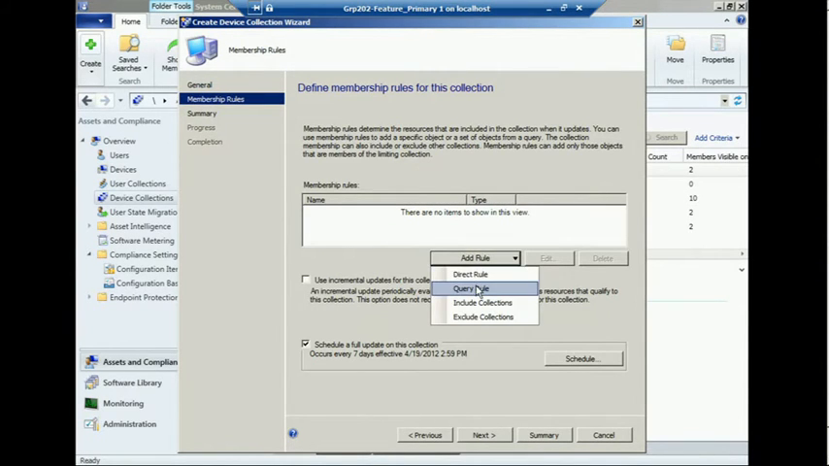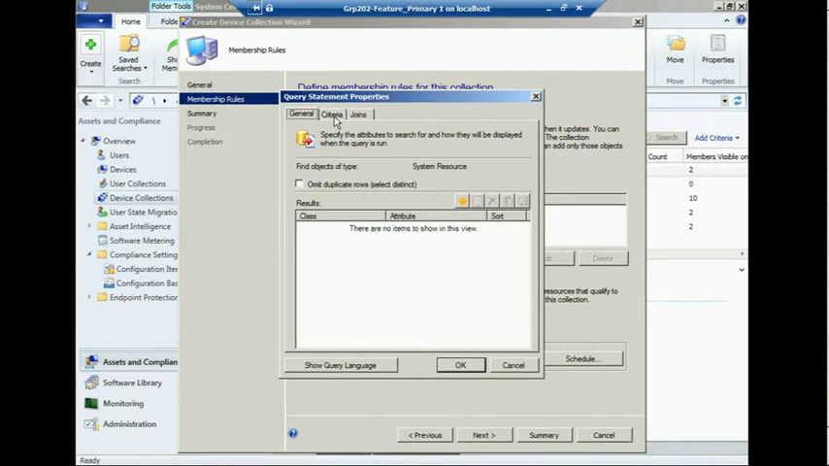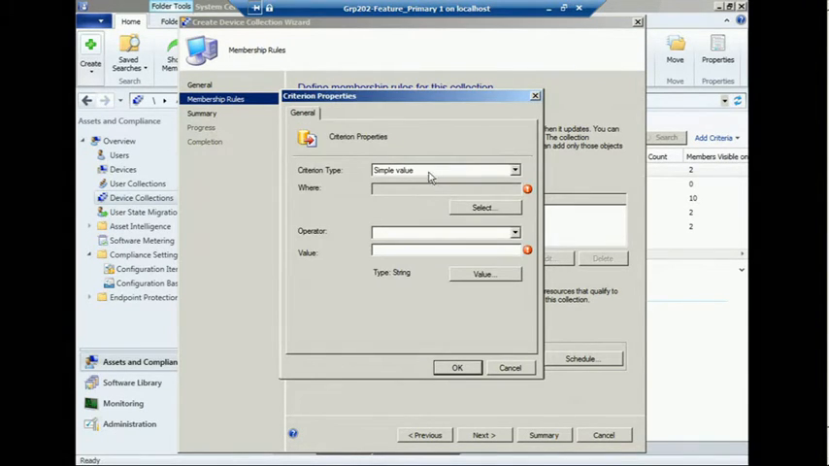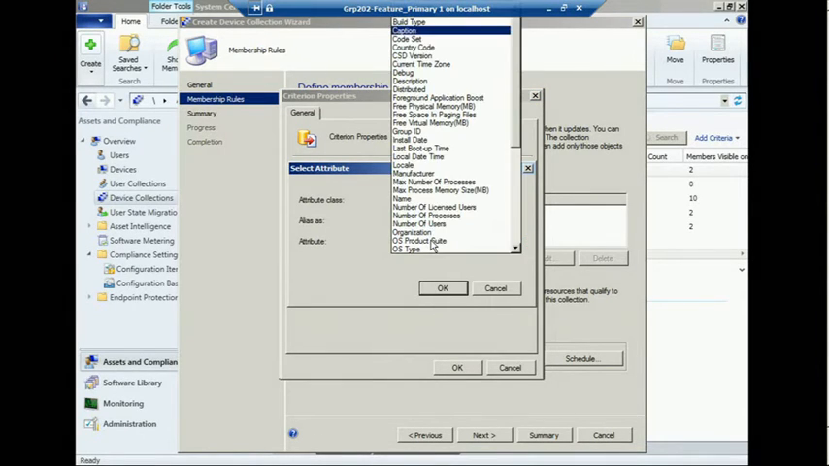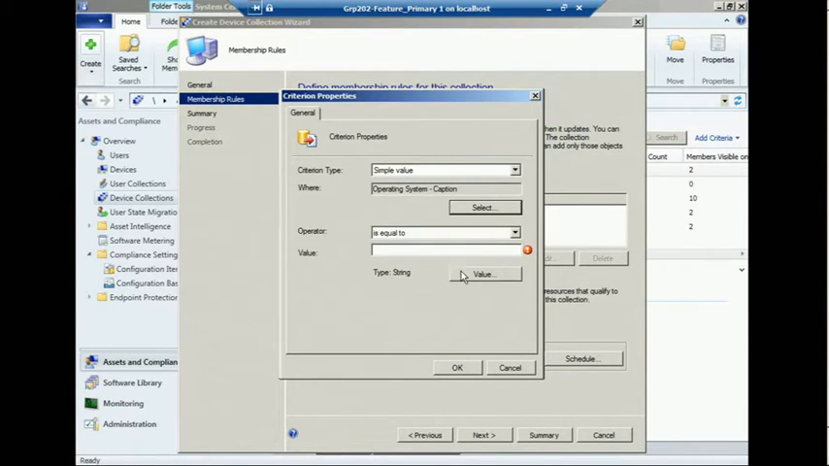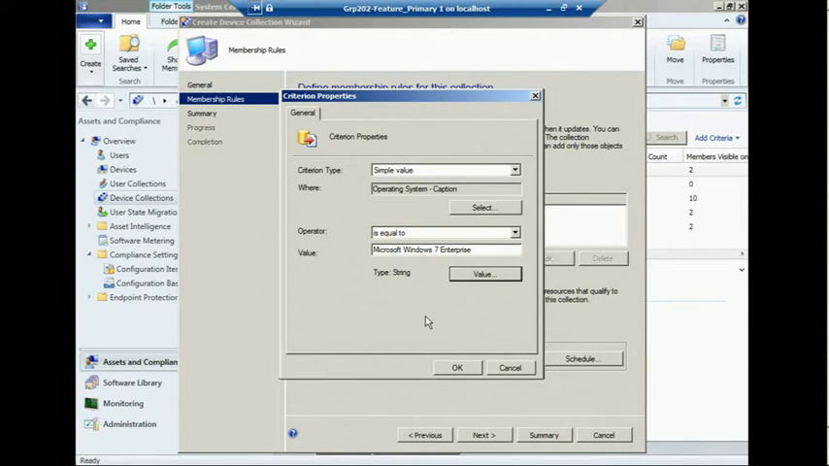So we're going to add a query-based collection here. We're going to just call this the query Win 7. And we're going to choose operating system as criteria. Let's go to criteria. We're going to add a new item here to look for simple value where operating system, where the caption is equal to Windows 7 Enterprise. That's fine. So basically I'm creating a quick little collection that contains only Windows 7 boxes I can deploy my